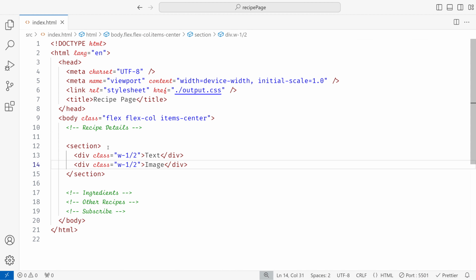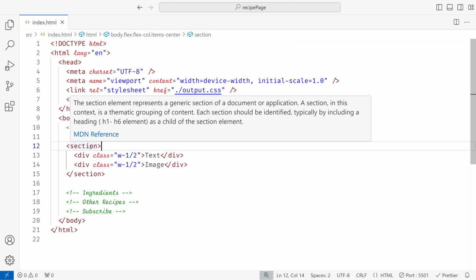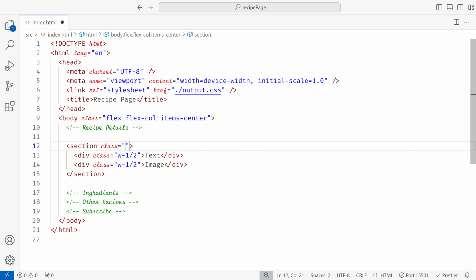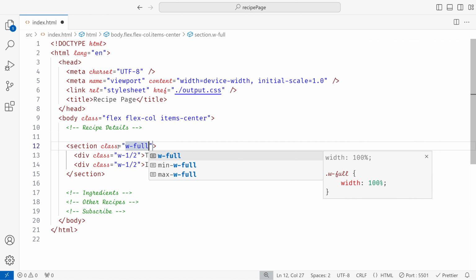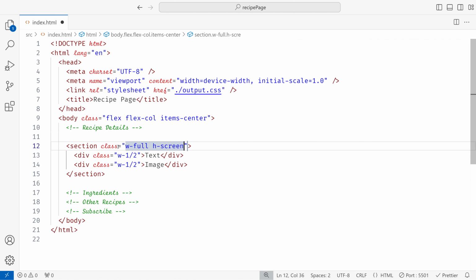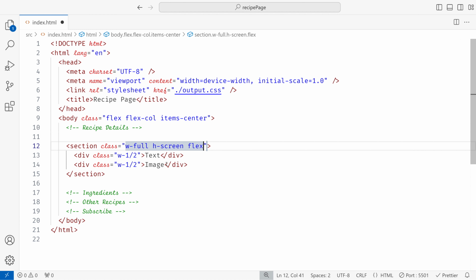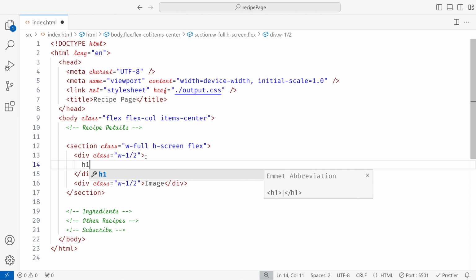So this is how it looks. It is in the center because of the items-center we used on the body tag. Now let's add some classes to this section. We'll give full width and screen height to this, and we'll make it a flex container so the text and image will be side by side instead of top and bottom. And inside the first container, the text content, we'll add a heading with the recipe name,